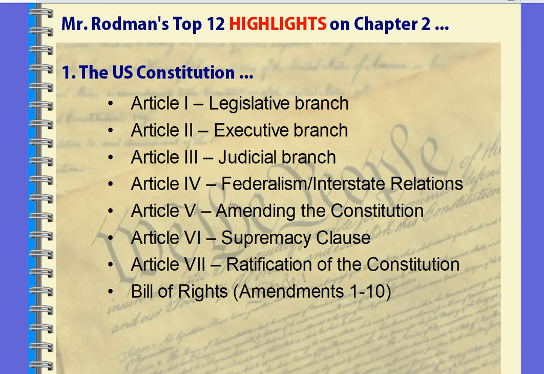Unlike the Articles of Confederation, in which all colonies needed to agree in unanimity, a unanimous vote, ratification of the Constitution only required 9 of 13 colonies or states to ratify the Constitution, which would make it much easier to also amend it, in terms of ratifying it, but also in terms of amending it with that 2/3 of Congress, 3/4 of the states. And then we have the Bill of Rights, the first 10 amendments,